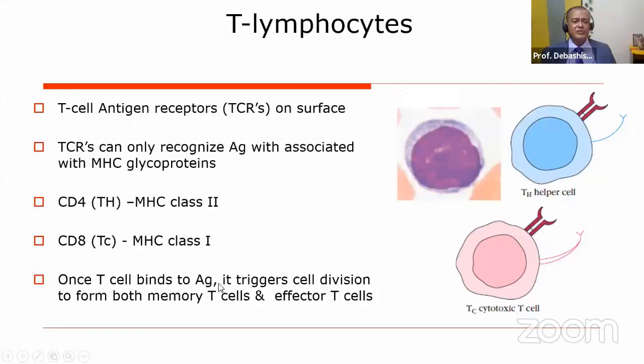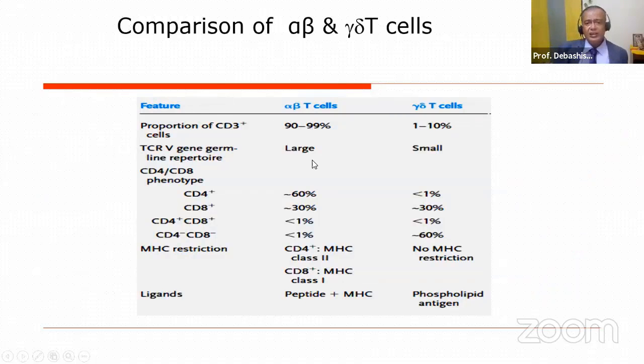Once a T cell binds to antigen, it triggers cell division to form both memory T cells and effector T cells. Now a little bit about the gamma delta T cells and alpha beta T cells. Almost all the T cells are alpha beta T cells, belonging predominantly to CD4 and CD8 cells, but there